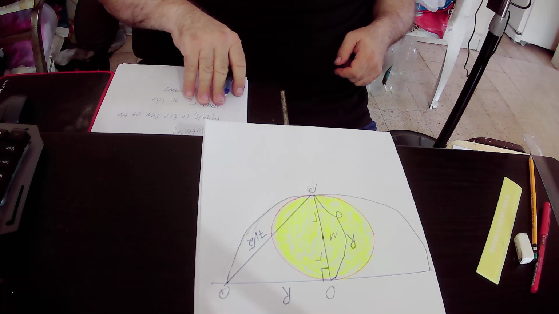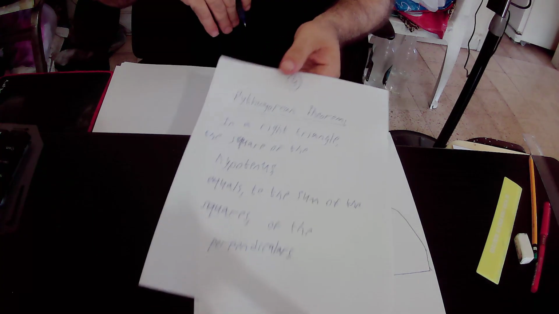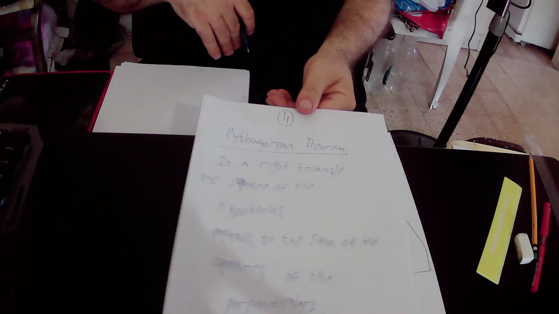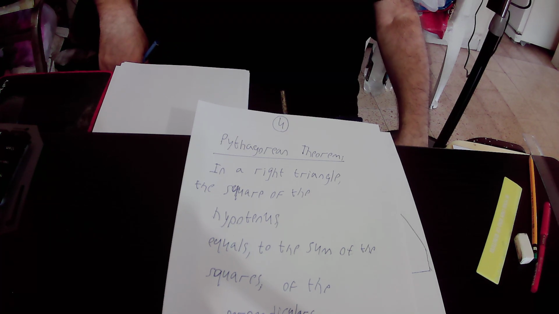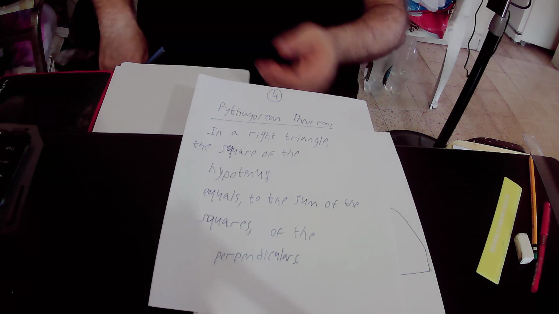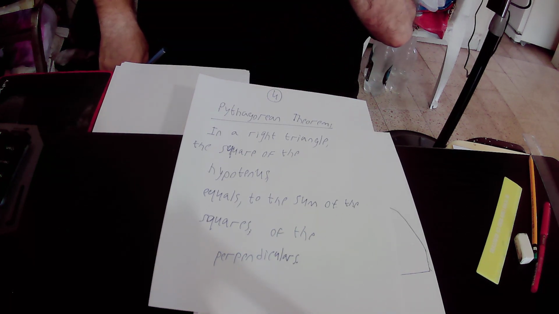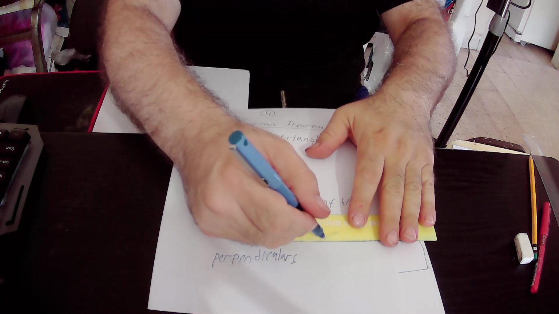So I will read again the Pythagorean theorem. The Pythagorean theorem states that in a right triangle, the square of the hypotenuse equals the sum of the squares of the perpendiculars. So, for example, if we have the right triangle